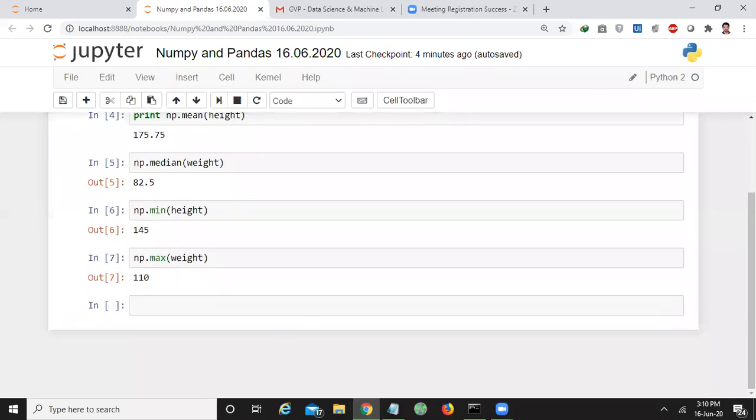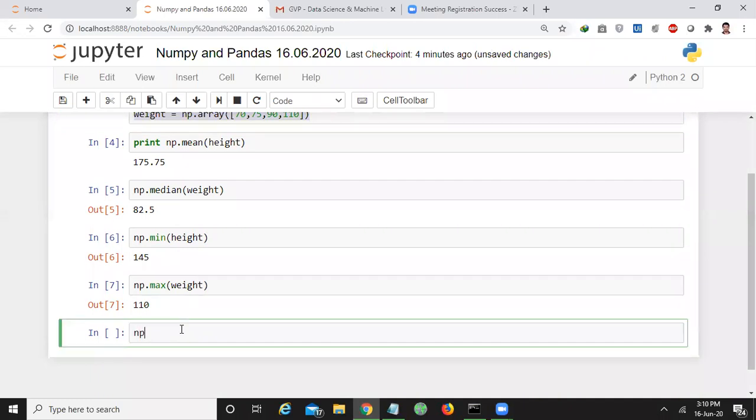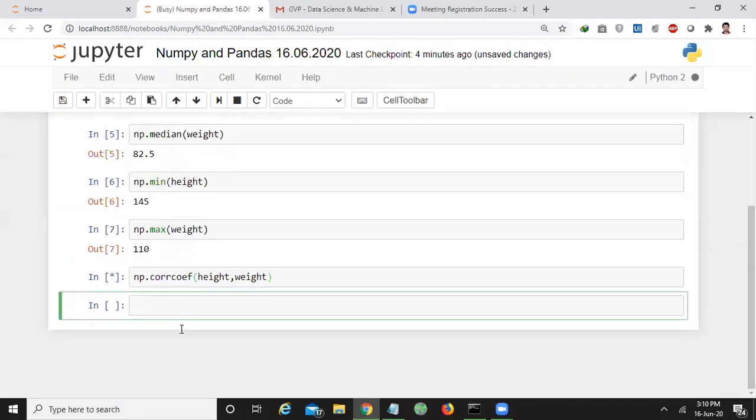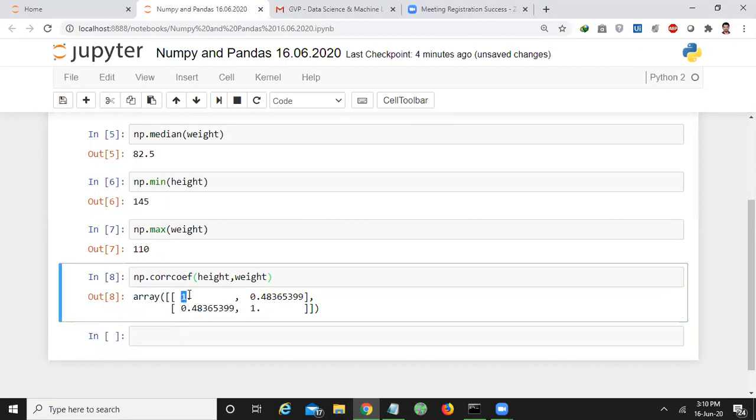If I want to calculate the correlation for height and weight, I will use np.corrcoef. It will give an array like this. The correlation of height with height is 1, and the correlation of weight with weight is 1.